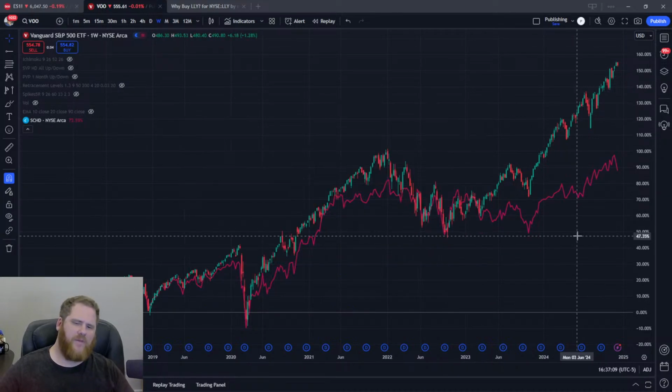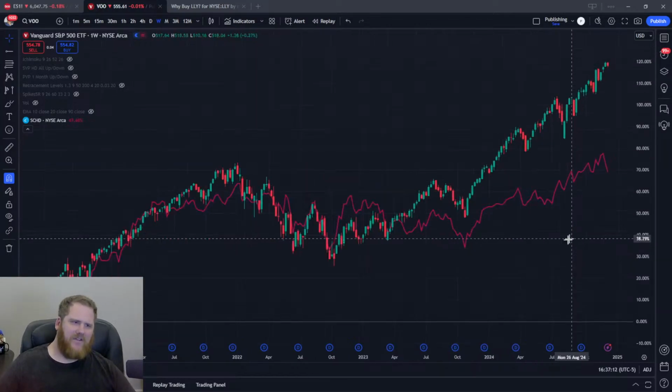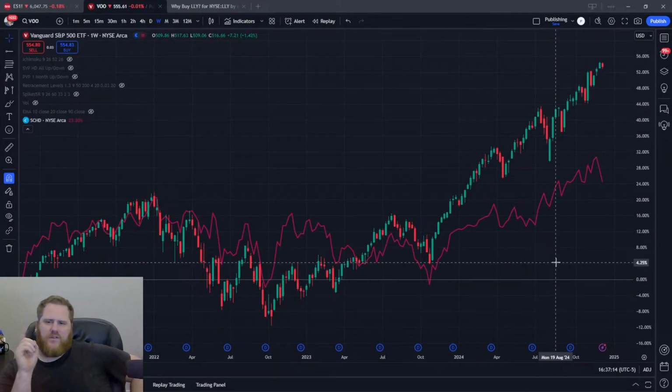Yeah, that works better. Okay, so there is your Vanguard ETF versus your SCHD. Now, what's not calculated in here is, of course, the dividends if they're reinvested, which would probably give it better performance as opposed to just the straight performance. But the thing about dividend stocks that you should know is that they tend to be established companies, blue chips. Oh, I shouldn't say safe, that are paying out dividends.